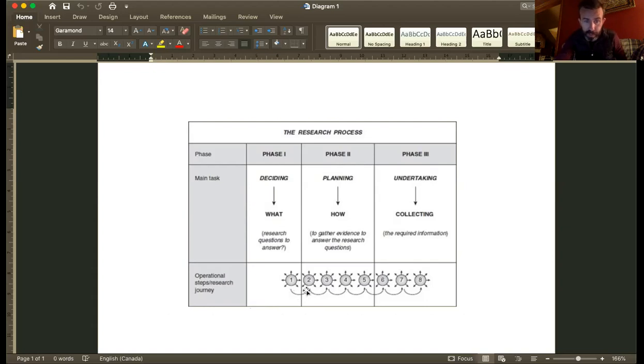Although he has these more sequential arrows beneath it where you move from stage 1 to stage 2, 3, 4. But you can see stage 1 here is listed within phase 1. Stages 2 to 5 are listed within phase 2. Stages 6 to 8 are listed within phase 3. Now in phase 1,